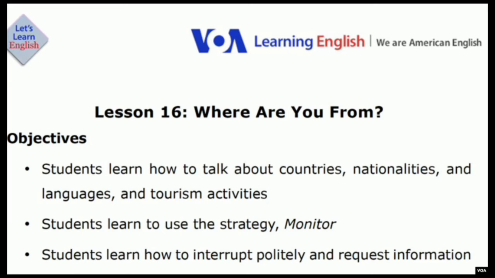And then now, you can see the example of question and answer. That is, where are you from? For the first, students learn how to talk about countries, nationalities, language and tourism activities. And the second, the students learn to use the strategy. And the third, the students learn how to interrupt politely and request information. Alright, now